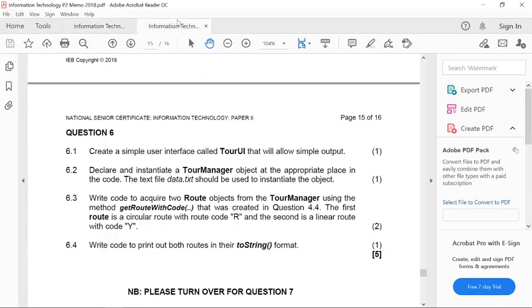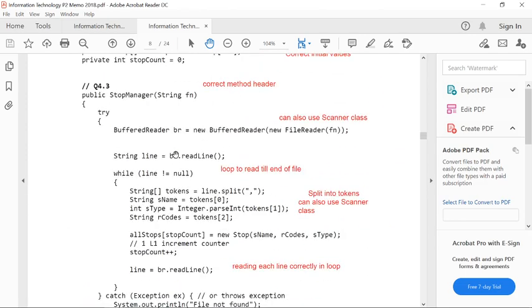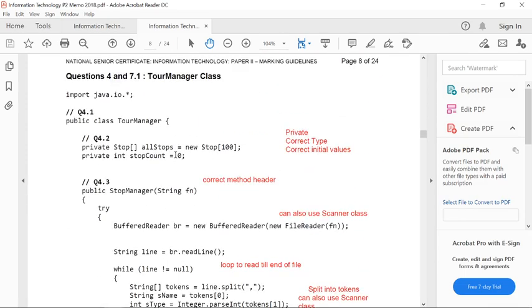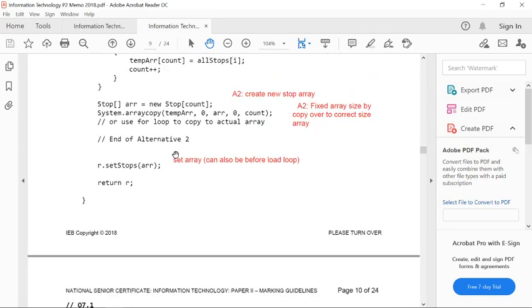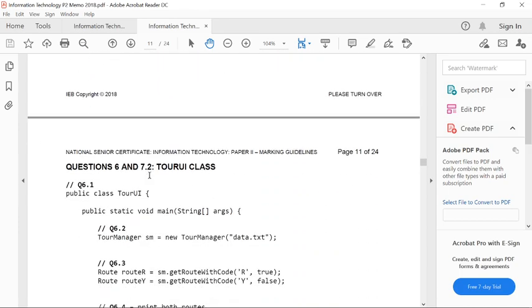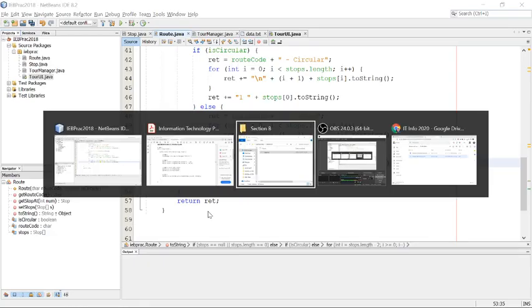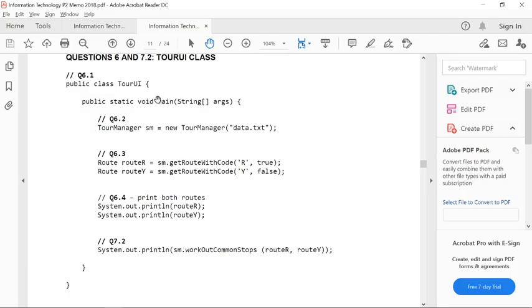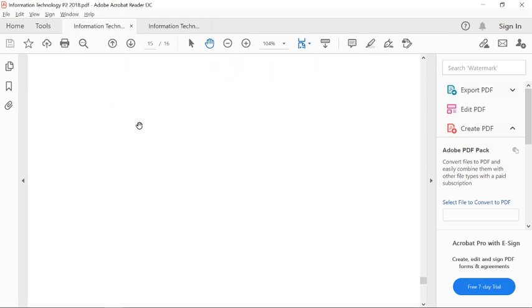Let's go look at the memo. Question 4.1. Oh, we've done all of that. Oh, maybe I looked at that. 7. Oh, no, that's 7.1. That's not us. To a UI class, there we go. New manager. We're declaring those things there. We're printing them out. Cool. I keep forgetting where the question paper is. And finally, question 7